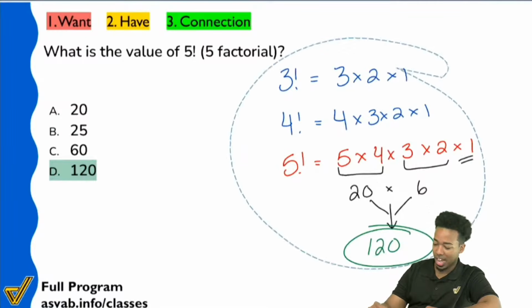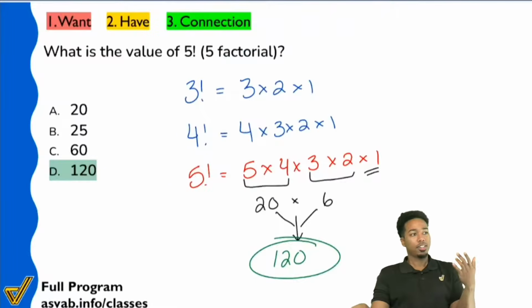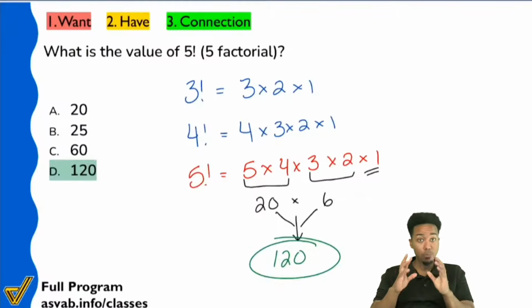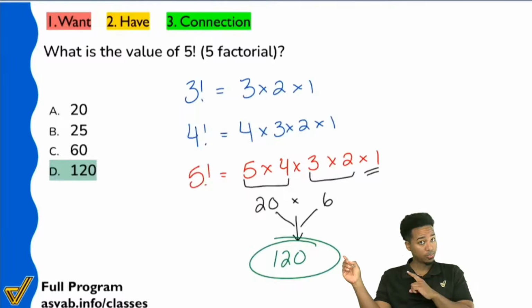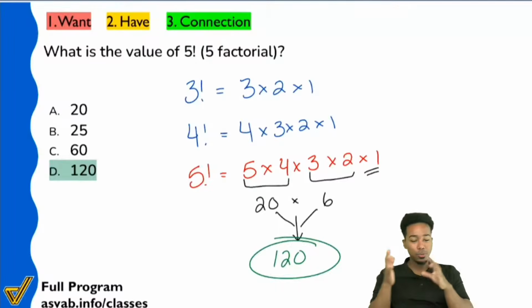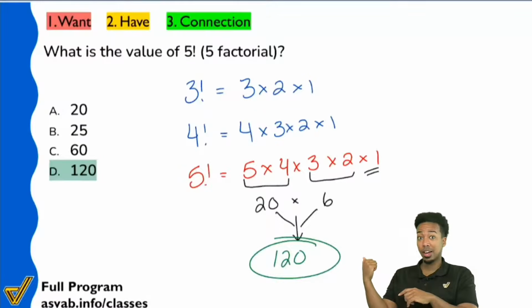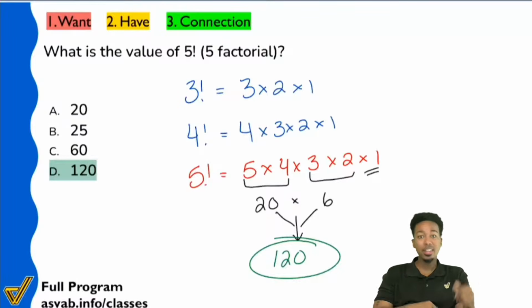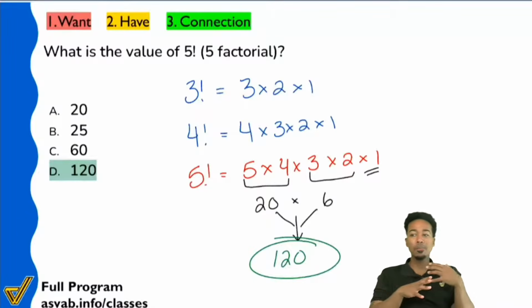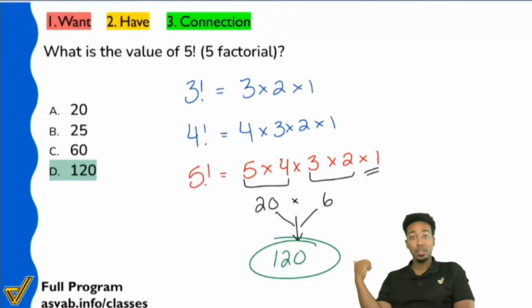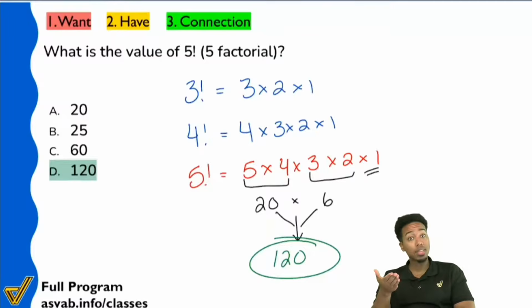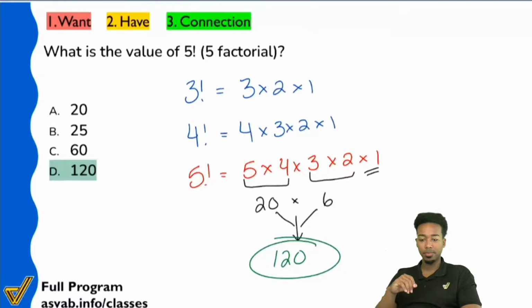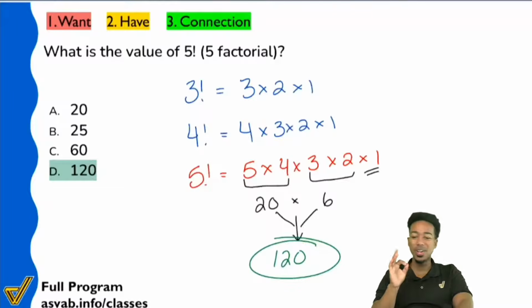So I think this is a good time for me to really point out, my party people, do you guys see the difference between word problems and math knowledge? Do you see the difference in terms of, hey, in math knowledge, if I know the math, I know it. If I don't, I'm going to be sitting there hoping for the best. With arithmetic reasoning, there are a lot more clues you can follow, a lot more steps you need to take. Here, it's just, hey, here's the math. Can you do it? Can you not? That's the majority of math knowledge questions. Exactly. You know it or you don't.